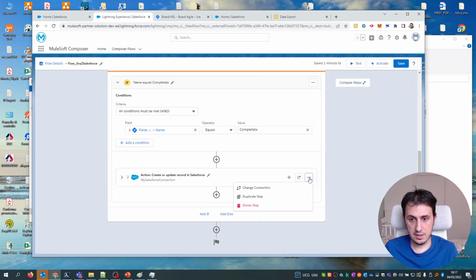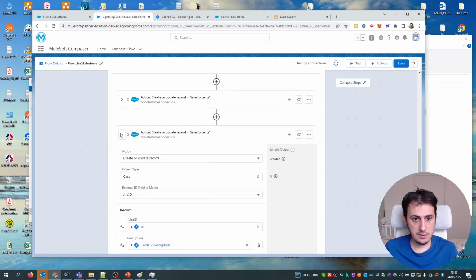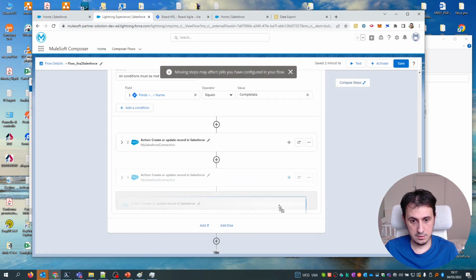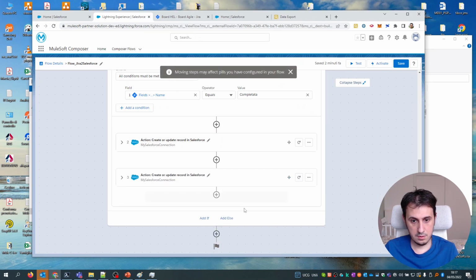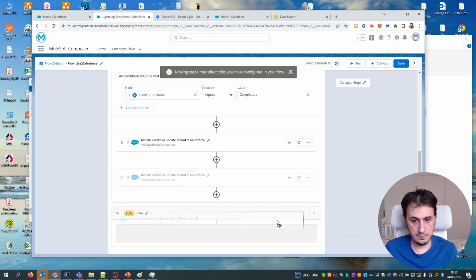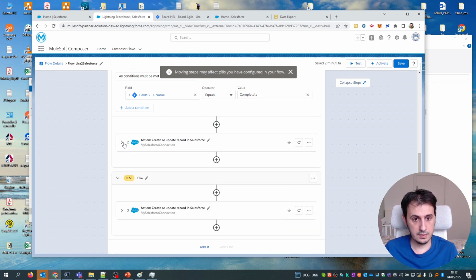Let's duplicate these fields and put them on the else side. Perfect.